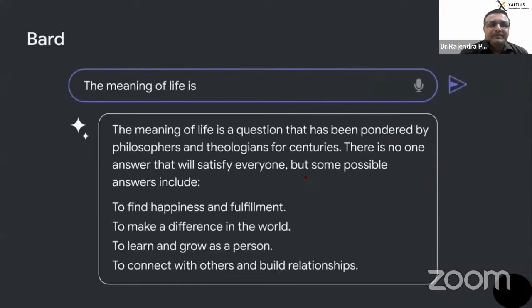Then again, the meaning of life is, suppose I want to understand the meaning. To find happiness and fulfillment, many times no one understands what is the meaning of my life or what is the human purpose on the earth. This we need to understand. Many times we need to recall ourselves, and then accordingly we get the direction in our life also. So what exactly should we do as a human being? Everyone keeps doing different jobs, plays different roles, helps the society, contributes to the society, and many other things we keep on doing.